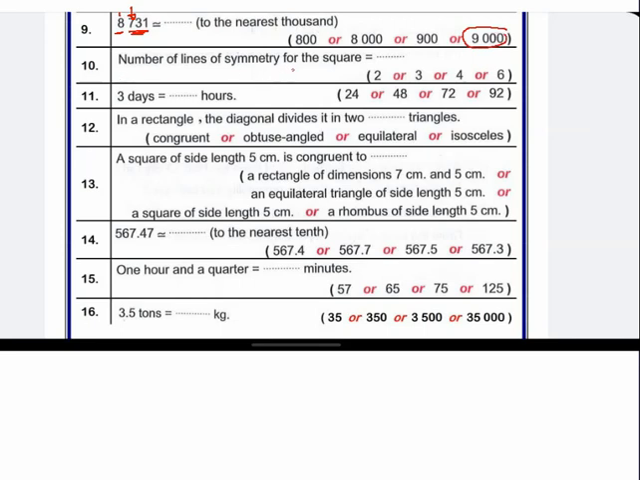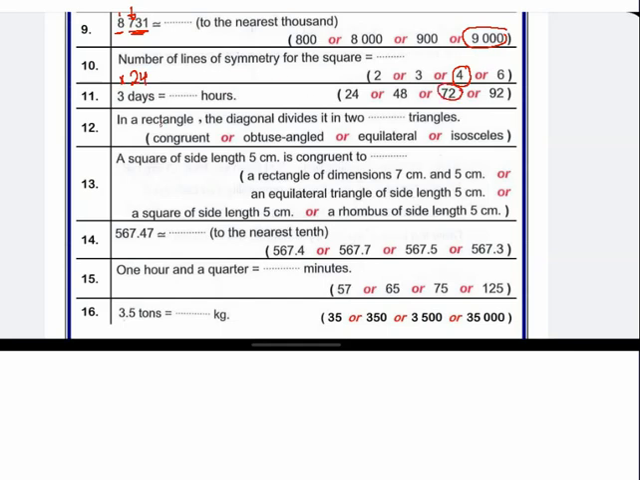Question 10. Number of lines of symmetry for the square. We solved this question many times, it will be 4. 3 days equal how many hours? Ask yourself how many hours per day. It will be 24, so times 3, multiply 24, so it will be